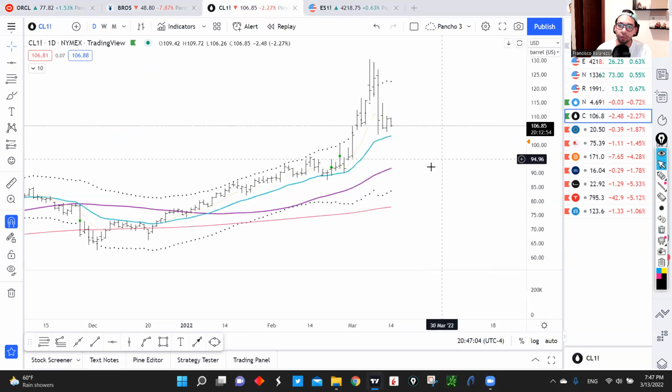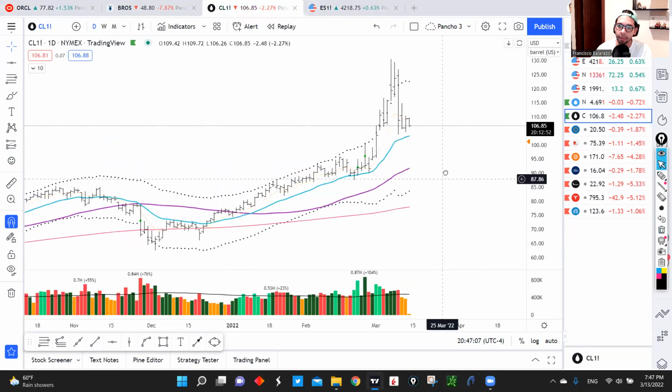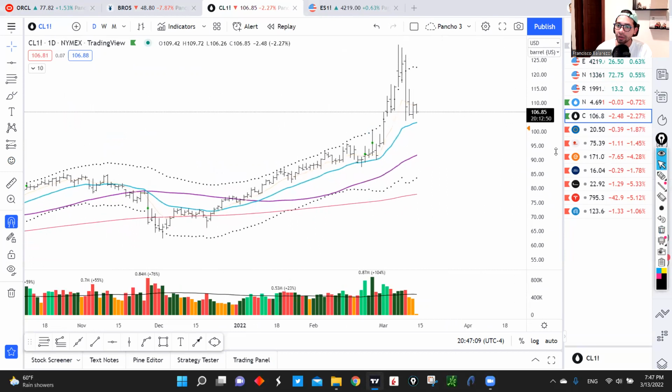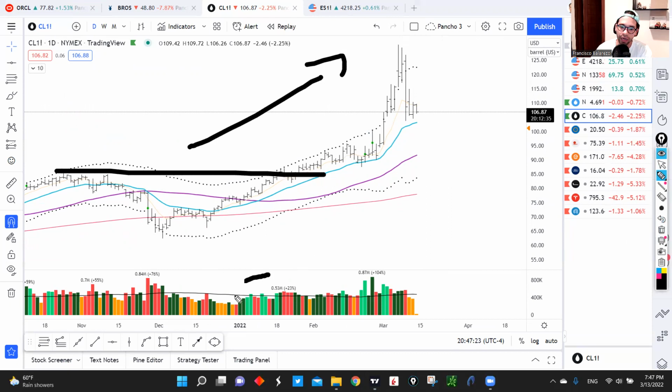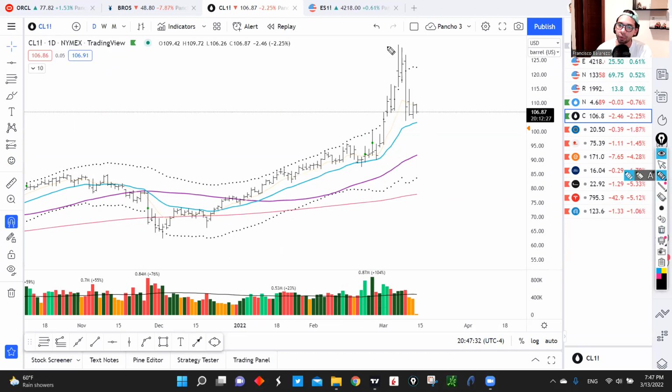And then the next one right here is crude oil, right? We have seen a really strong move to the upside in crude oil. We have some geopolitical things going on in the world, as we all know, and crude oil has been really affected because of that, right? We have this base, we had a lot of volume coming in, and we have this really strong move to the upside. We can see here that we are extended, right? We are above that plus 3 ATR level.